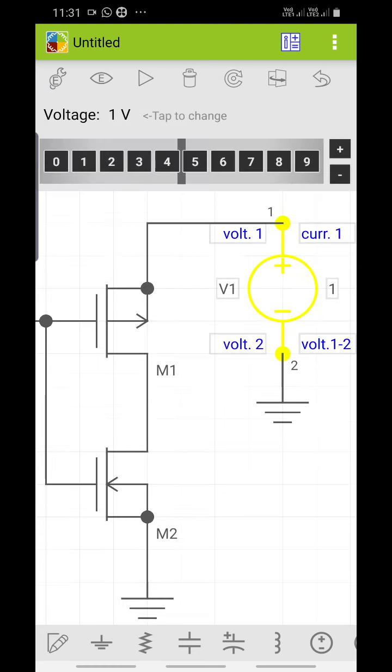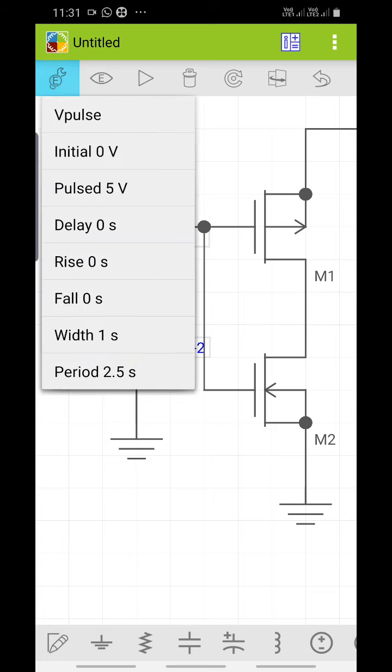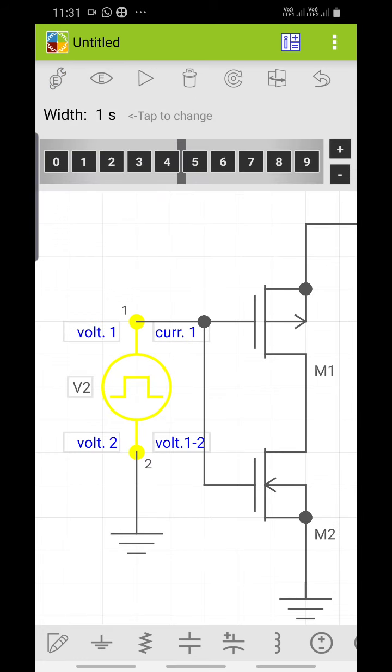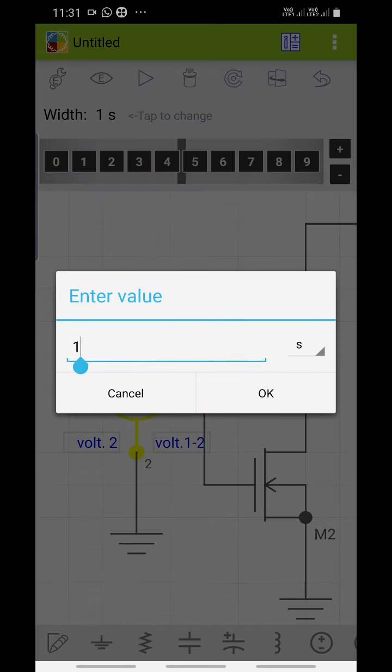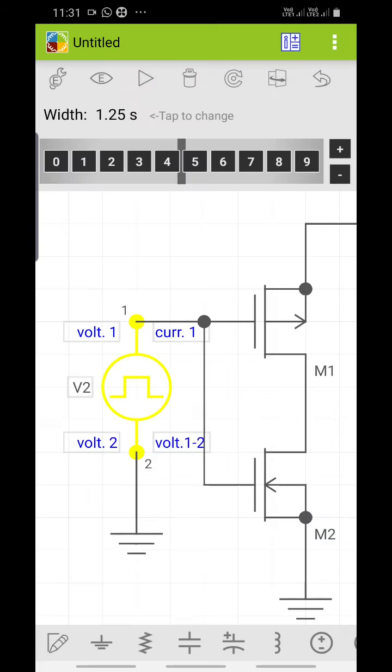So go to settings, voltage, and give 5 volts. Similarly, in the pulse source, you give the width whatever you require. Suppose 2.5 is the time period, you can give 1.25 like that. So the on time is half of the total time period.